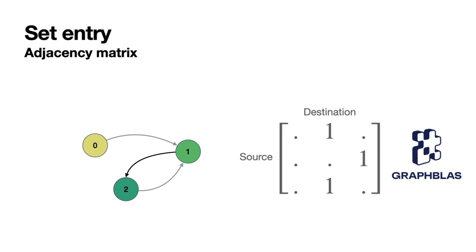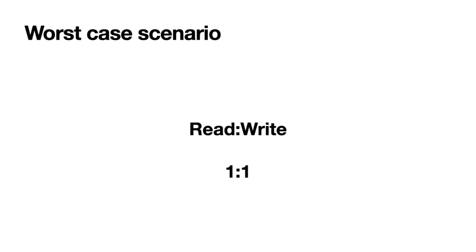So whenever, for example, an edge is added, we need to go to the corresponding matrix and make the proper modification to reflect the graph topology. So here a new edge had been added, and so we need to go to the proper matrix and make that modification. Now, this might seem like a trivial operation. It is a common operation. We perform it over and over again, but in terms of performance, it might be a bit problematic,